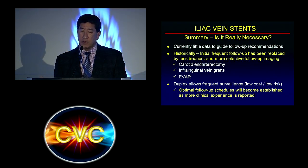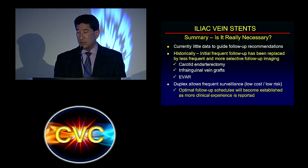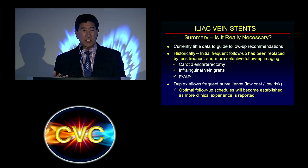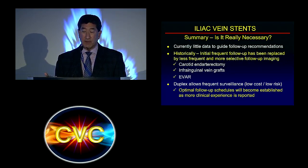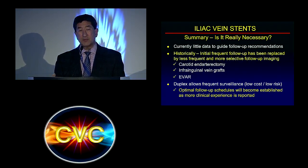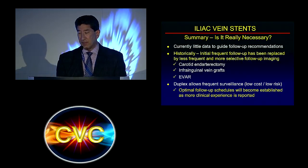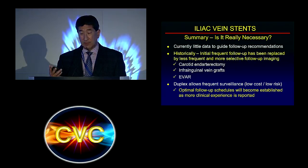Historically, when I look at other kinds of surgical and catheter-based interventions that we've studied over the years, for example, carotid endarterectomy, initially we followed those patients very frequently, about every 3 to 6 months. And now we realize that the rates of problems are very low, and that we probably don't need to follow them very often. Infrainguinal vein grafts, we tend to follow those cases fairly often, because we know that particularly in the first year or two after surgery, they're much more likely to get into trouble, and that we can improve